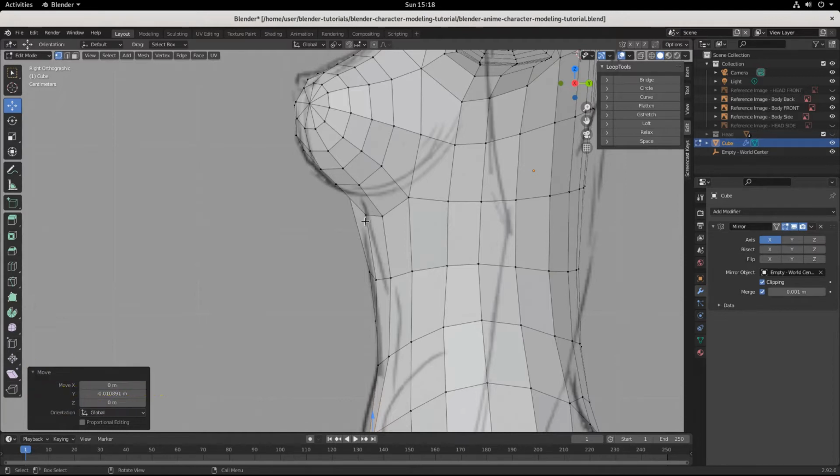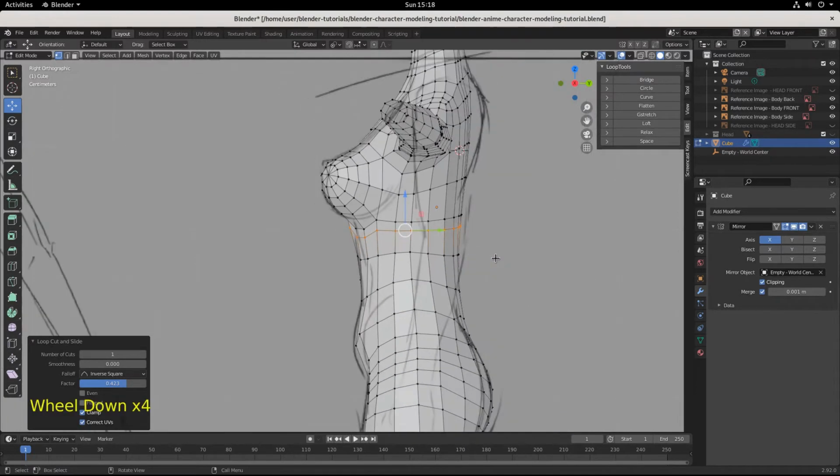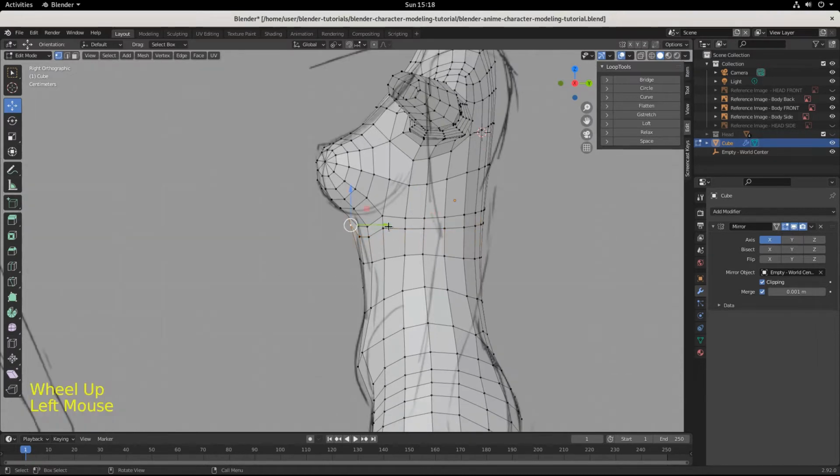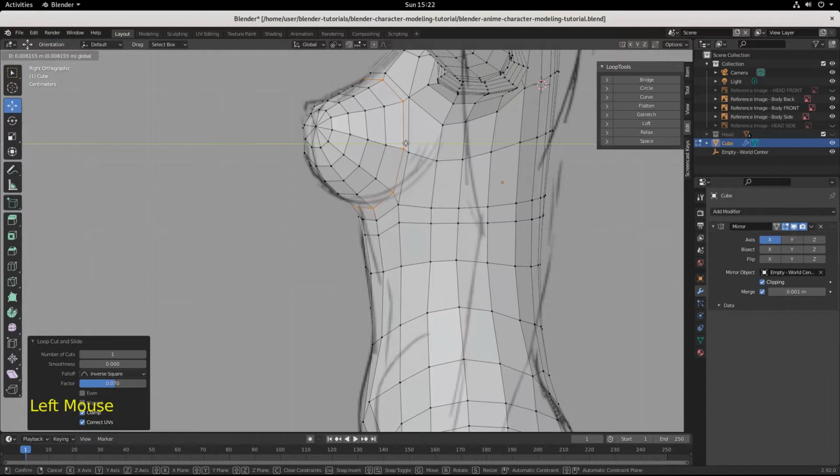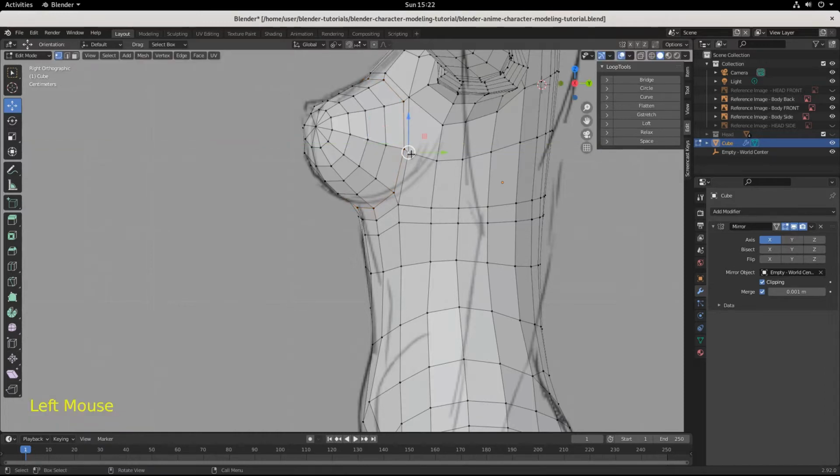Then I might need another loop cut here. Bring this in like that. Bring that in like that. Maybe another loop cut. So now we're adding just a little more geometry. Pull this back. Pull this back. Pull this back. And we're just trying